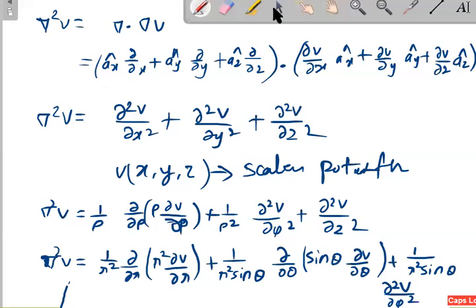Once you know the gradient function properly, then you can easily calculate del square V. That is the idea. Or otherwise, if you are able to remember the entire thing, then it is okay, or you remember only this portion. This is very important. In the case of a cylinder, the voltage will vary with respect to what? Only with respect to rho, the cylindrical surface.